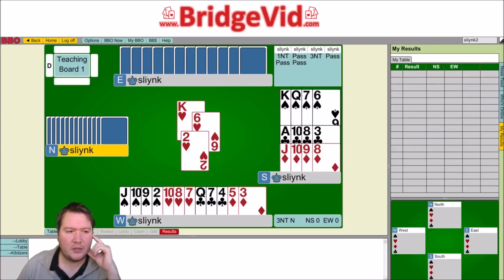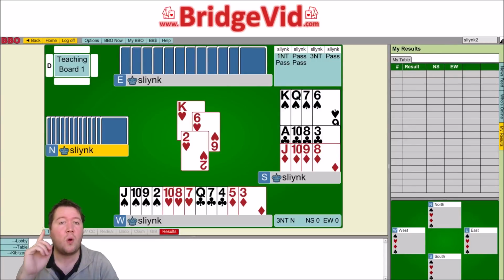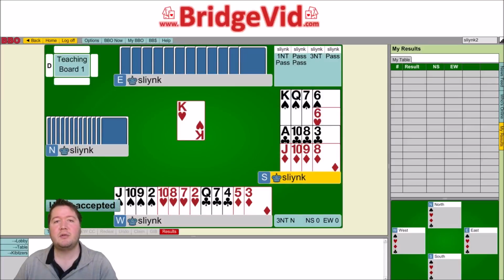The next one that I want to talk about is suit preference. Now this is one signaling method that you should be doing no matter what, and it applies in certain situations. You can discuss in your partnership how many situations you want it to apply in, but one area that you want it to be in is when you're giving your partner a ruff or allowing your partner to trump. So how it works is when you know your partner's led a singleton, you've won and you're returning the suit. You want them to know